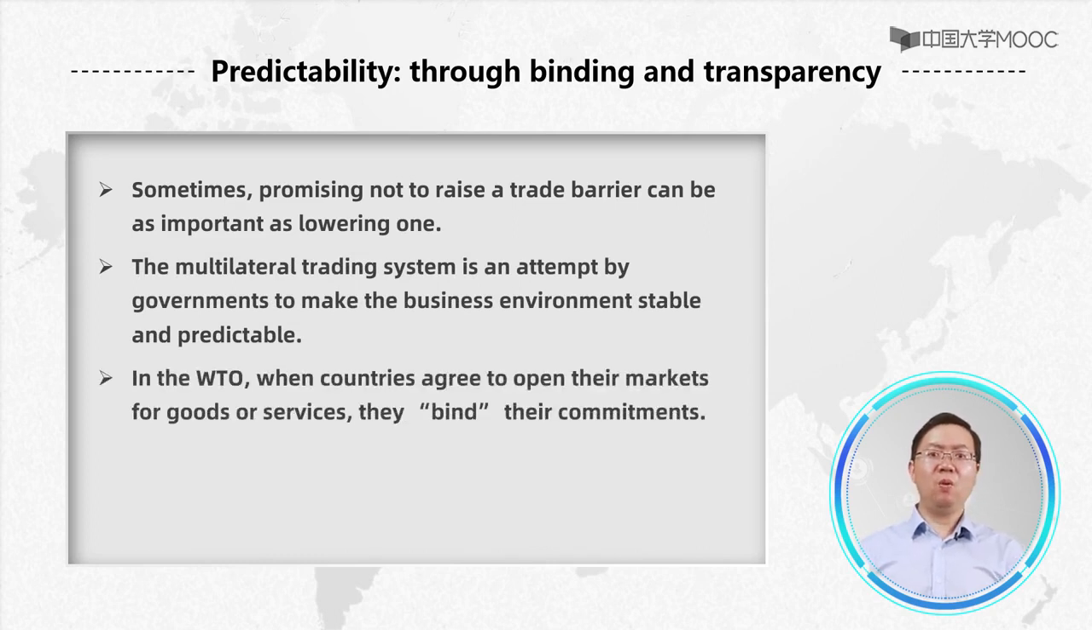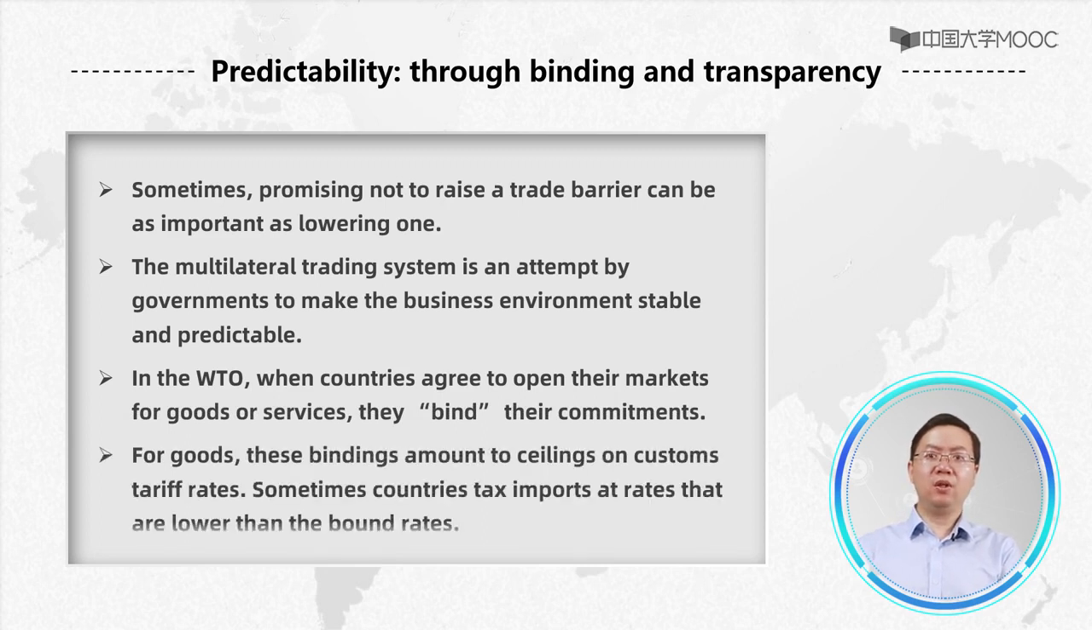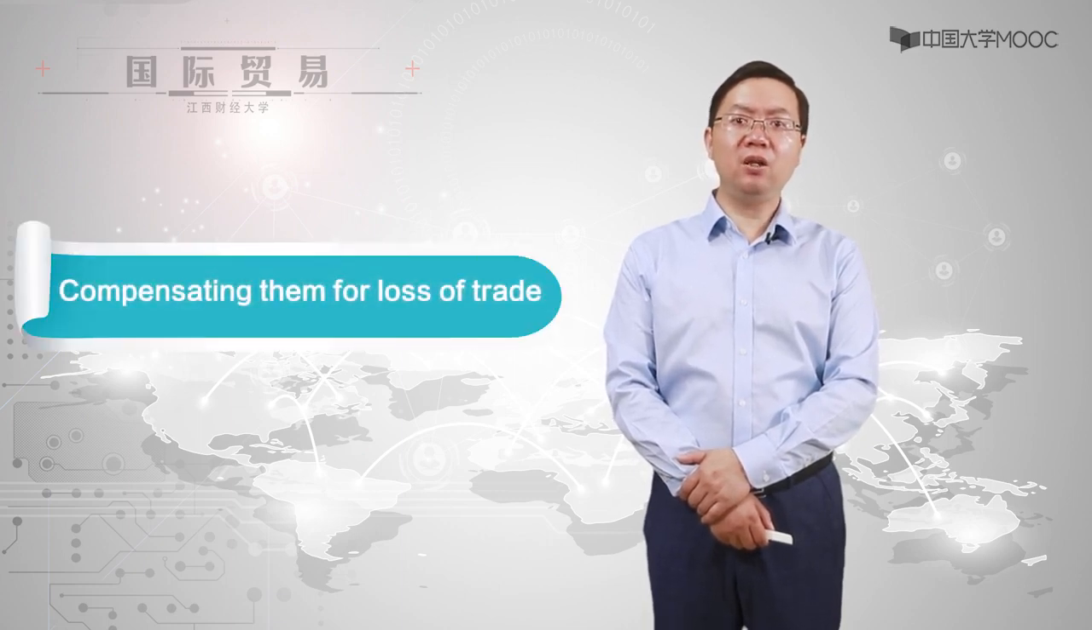In the WTO, when countries agree to open the markets for goods or services, they bind the commitments. For goods, the bindings amount to ceilings on customs tariff rates. Sometimes countries tax imports at rates that are lower than the bound rates. A country can change its bindings, but only after negotiating with its trading partners, which could mean compensating them for